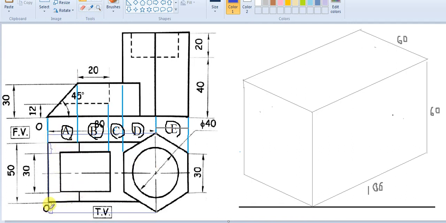So in short, the first line, which is of dimension 50 and which is located at the bottom, starts at a distance of 5 mm from the origin. In that regard, I'll start my first line in this manner.